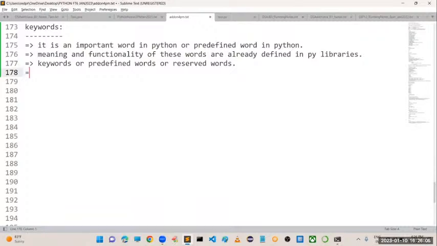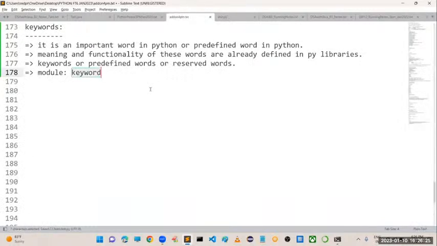Okay, next. Unlike other programming languages, we are not required to remember all the keywords that exist. By default, there is a separate module for that, and that module is called keyword. In your program, we just have to import that module.